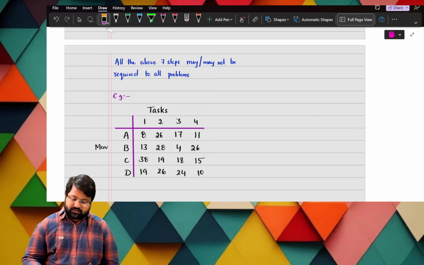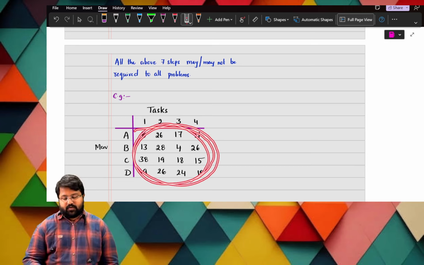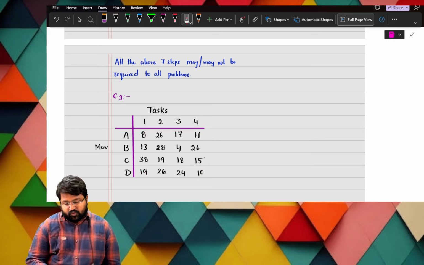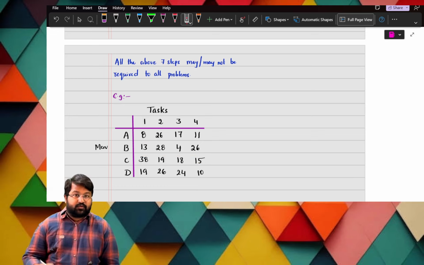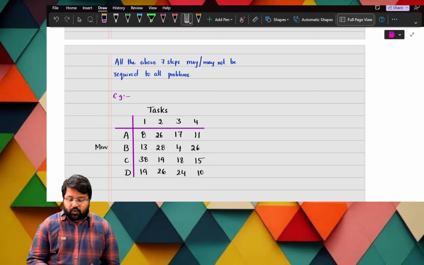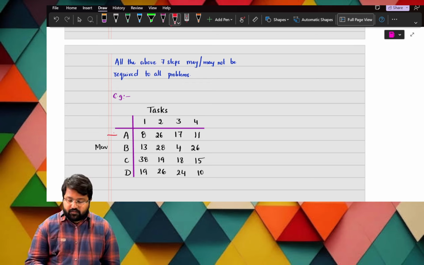So we need to do what, ma? From the rows, these are the elements now. From each row, we need to identify the least element of the respective rows. So respective rows we have to see, and from that we have to identify the least. So from the row A, this is the row A, na? In this, what is the least number? The least number we have here is 8.